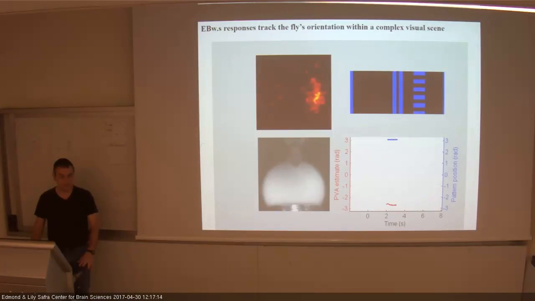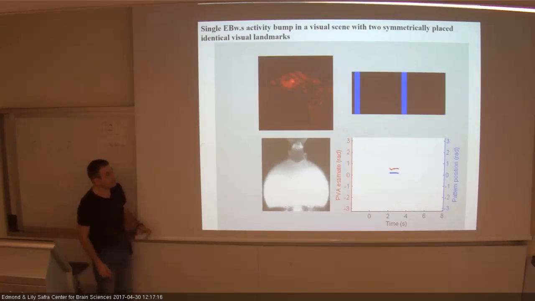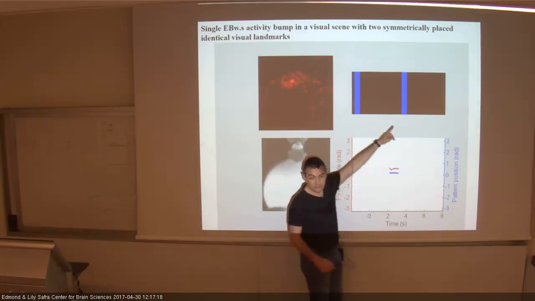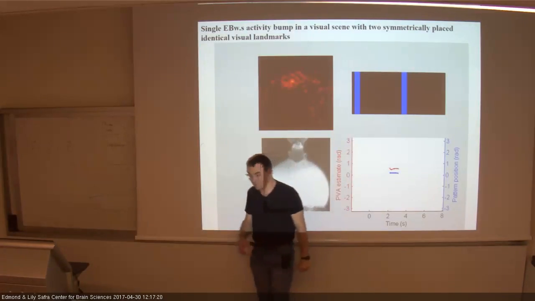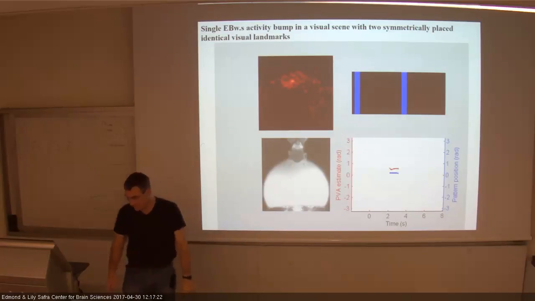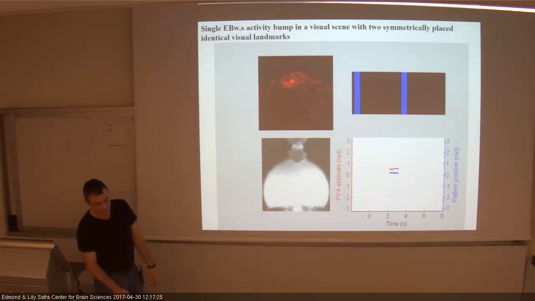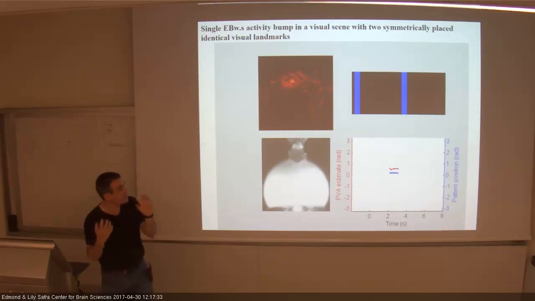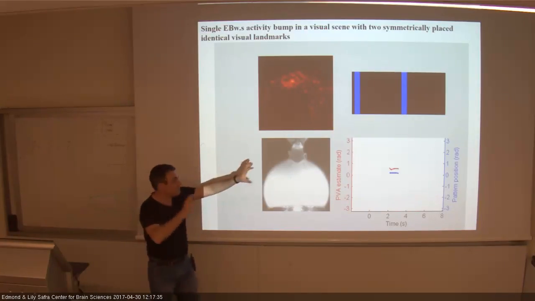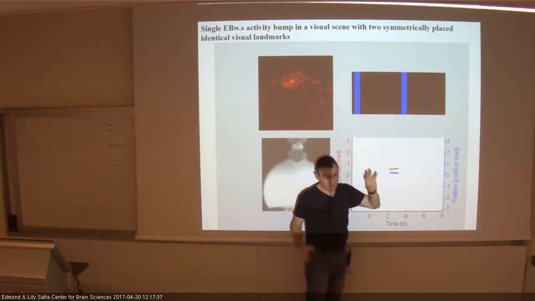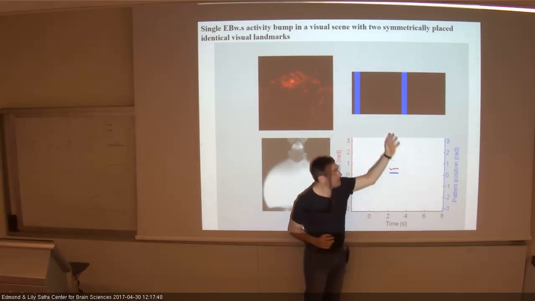Maybe this example would be better, but here they show two bars. If what these neurons reflect is the details of the visual stimulus, then you would have expected to see two bumps of activity. If it is just a direction of a visual object, or visual environment, something global, then you would expect to